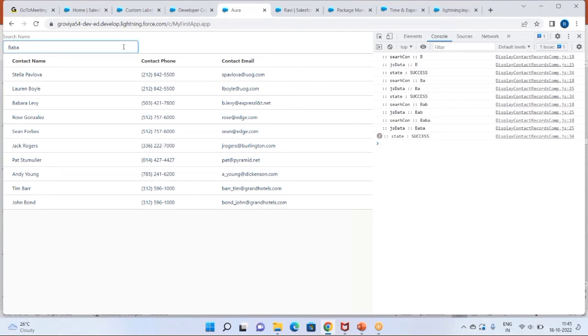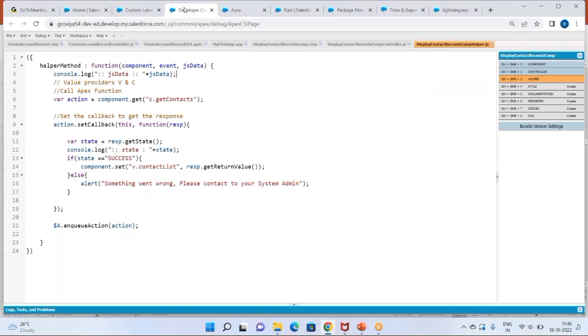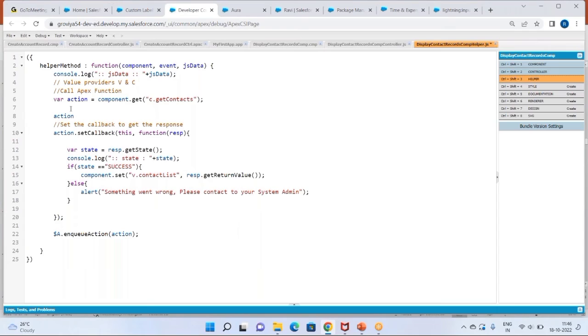So what I'm doing, whatever code I have in my JS, I put that in the helper and I want to use that as a utility. I will put some conditions so that I can differentiate when this method is being called and what sort of response it should return. So to differentiate that, I will use this. Now go to the server, go to the JS helper, and here I need to pass the parameter, action dot set params,